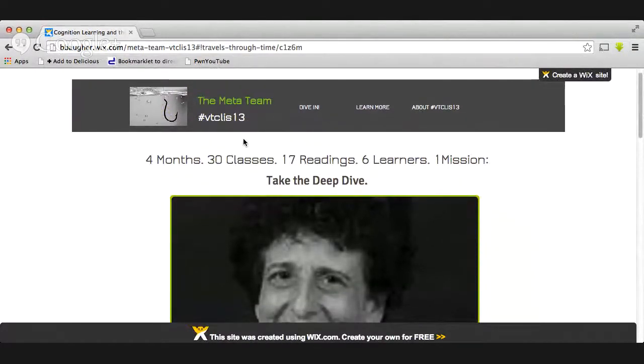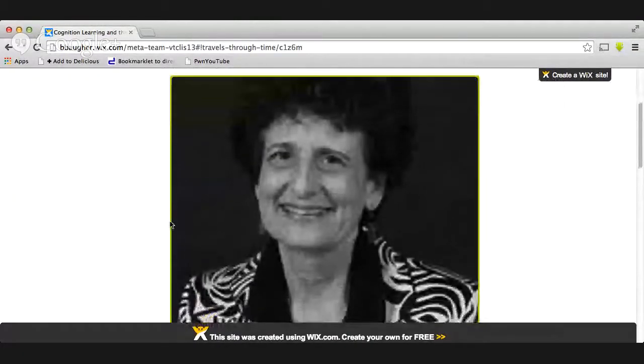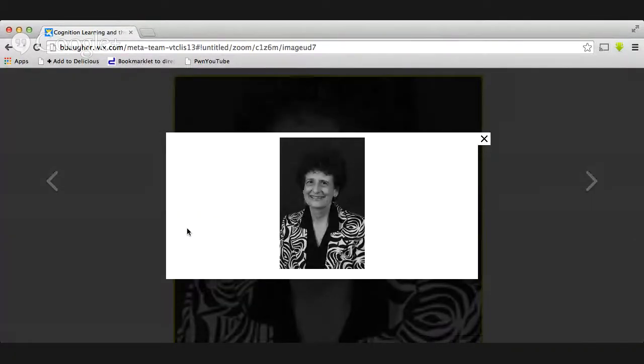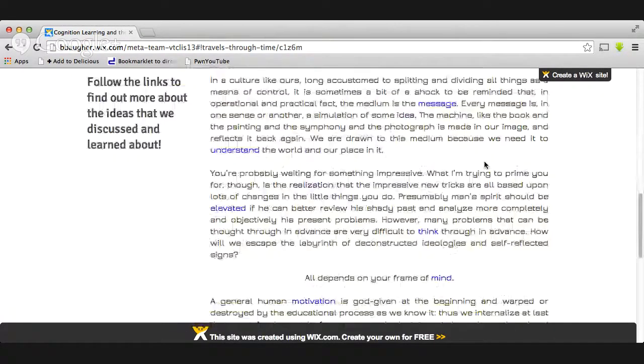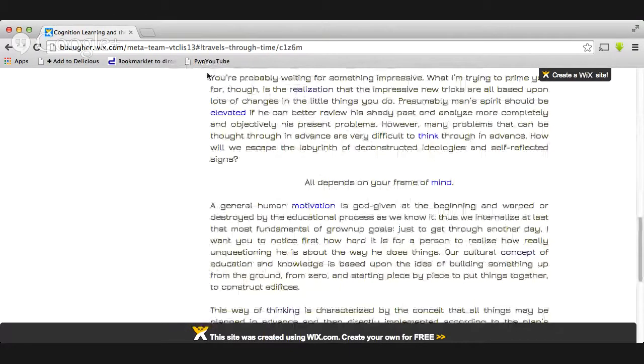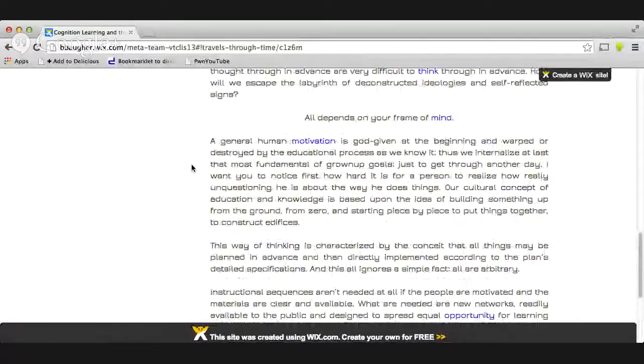You've got a header here at the top, and then you've got a photo gallery, and you click on the photo gallery, and it takes you to the image. You get a nice little window. See, I have to make sure I'm clicking on the right thing, not the screen share, but the site itself. And then as you scroll down, you've got this really interesting meta essay with links out to everything that we had read during this semester. And it works in some really interesting ways.